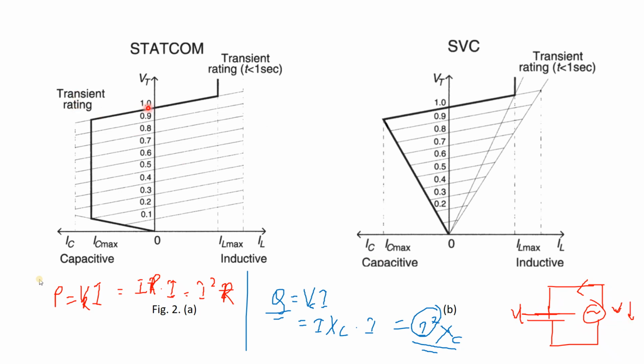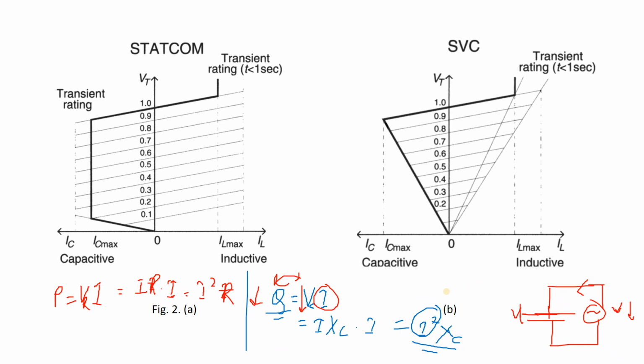That means the supply voltage, if it is decreasing, if the voltage is from 1.0, then 0.9, then up to 0.3, 0.2, 0.1, then the supply voltage decreases. So in result, the voltage across the STATCOM decreases. So even though the current is fixed, the voltage across the STATCOM decreases. Okay, so if this is fixed, but if this is decreasing, then this will also decrease. That is why it is decreasing linearly.